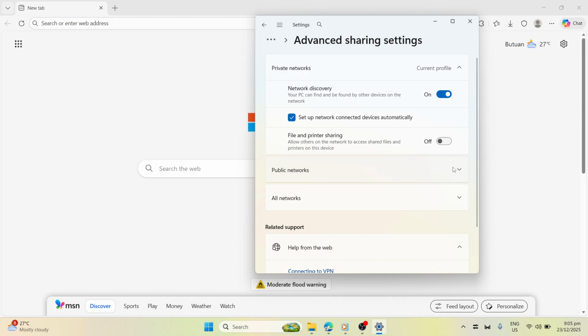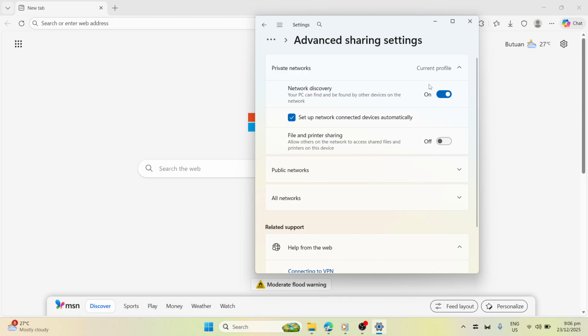Make sure any other computers or printers you expect to see are also connected to the same private network. A quick recap. First, set your active connection to private in Settings under Network and Internet, and then turn on Network Discovery in Advanced Network Settings inside Advanced Sharing Settings under the Private Network section. Those two changes resolve most network discovery is turned off messages in Windows 11 while keeping you safe on untrusted